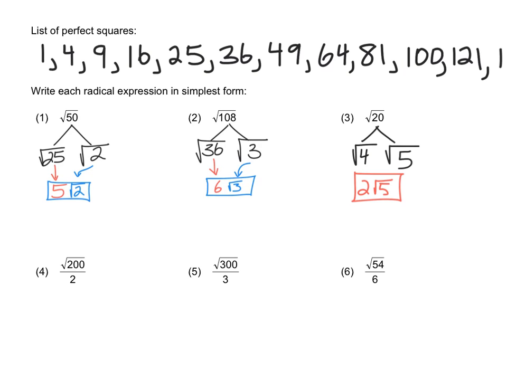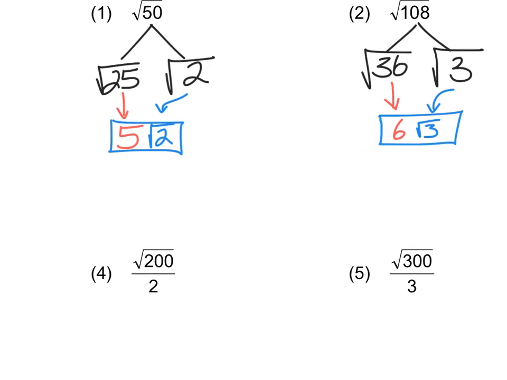Sometimes it's part of an operation. So root 200 over 2. I would ignore the 2 because one of the operations associated with radicals is that if I'm going to divide or multiply radicals, I can only divide a radical by a radical, and I can only multiply a radical by a radical. I can't divide a radical by a non-radical value. So if you were to come up with a radical 100 out of this, that's completely wrong. What we do is we ignore the 2,